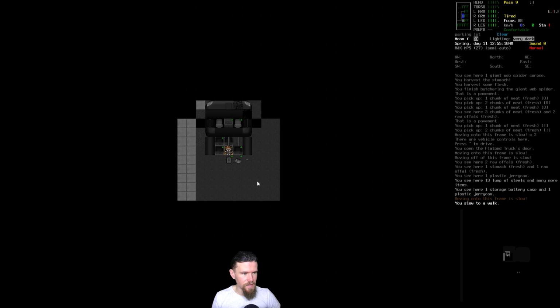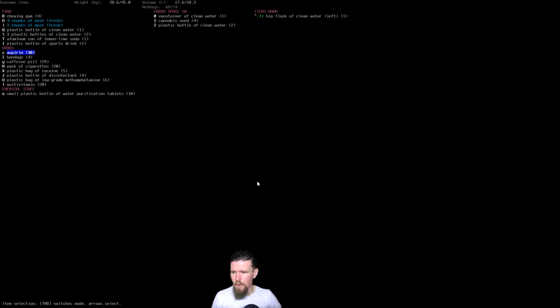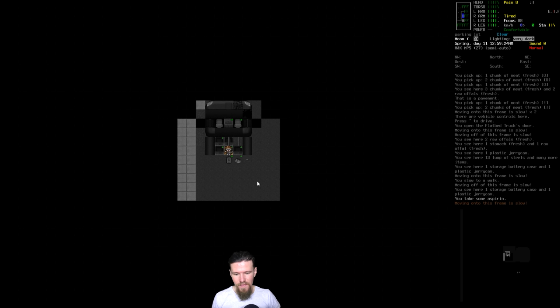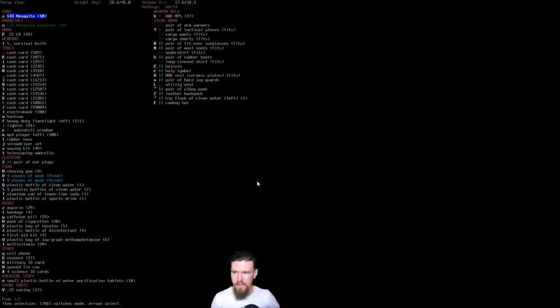Okay, I think we're still running. Alright, I'm just going to wait here and allow him to calm down a little bit. We're going to go ahead and eat some aspirin. Now, we do have a decent amount of drugs, and those drugs can actually help us with installing that CBM. So let's go ahead and